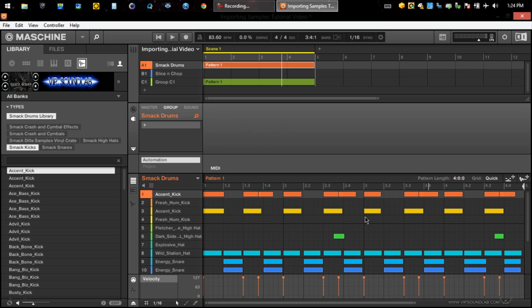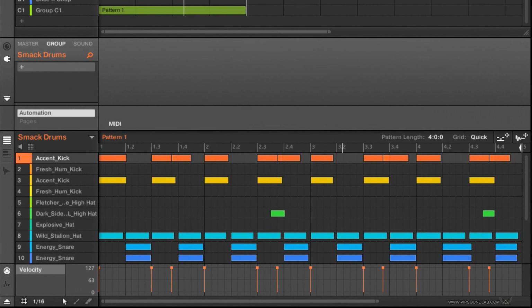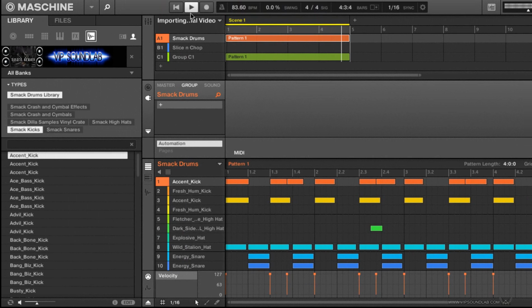So down here I made a beat pattern. It's kind of like a slow tempo drum beat, you know what I'm saying? So it's like boom, crack, boom, crack. I did it like that because the sample I'm going to use is kind of slowed down like that. I'm not worrying about clipping or nothing like that right now. I just want to get in here and bang this video out right quick so you guys can understand the